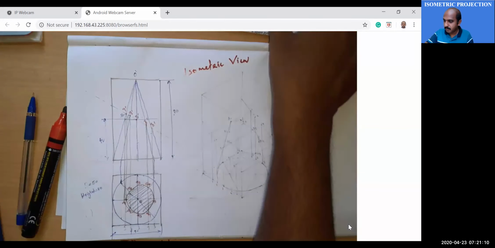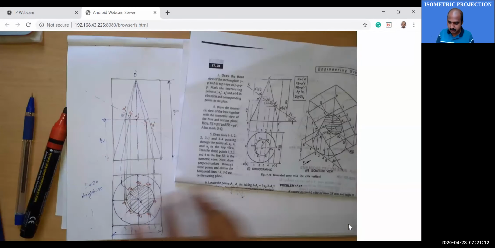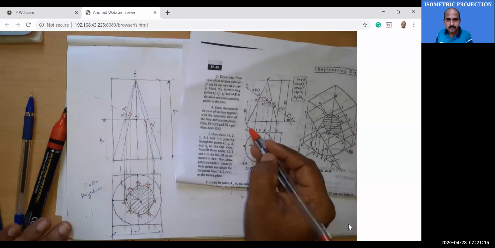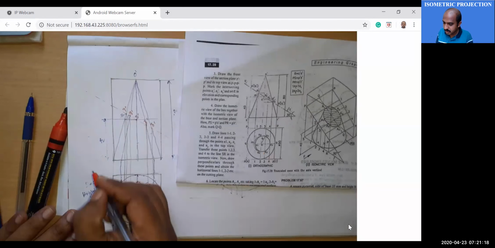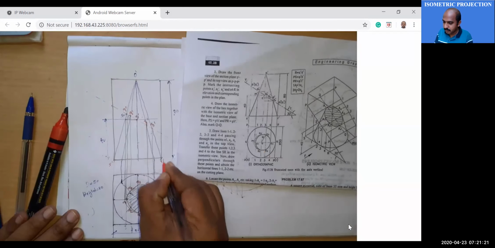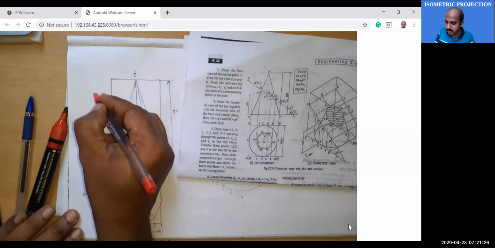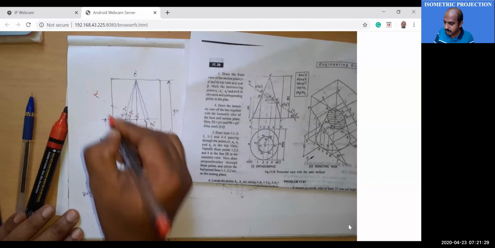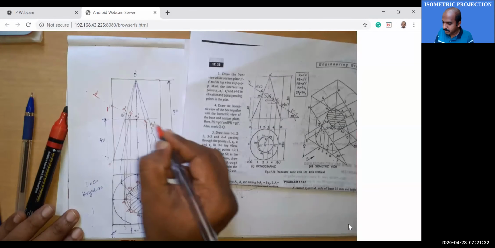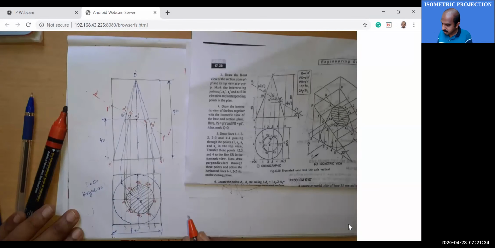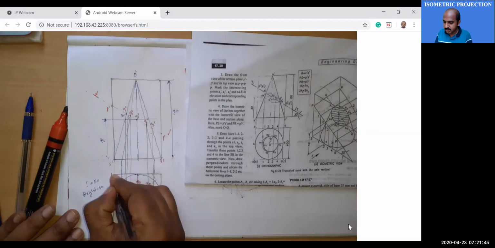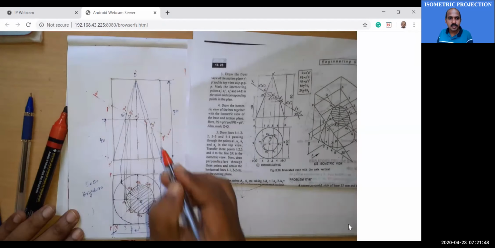Follow the same naming. What are the names given here? This is S dash R dash. Then the cutting point: this is the cutting plane. This is the region P dash. This is your P dash. Then here it is P, S R, the same name. And this is your PP. What does PP represent? The plane corresponding to your cutting plane.